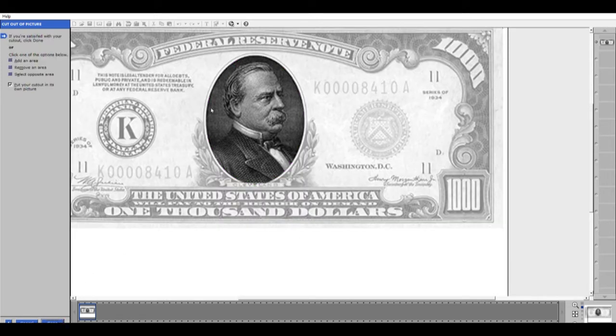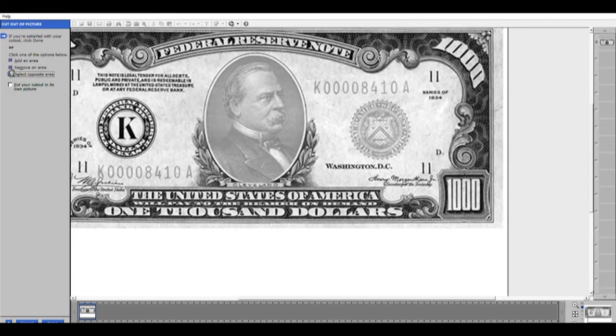And I think that circle, that oval will work perfectly. Now I'm going to go here where it says put your cutout in its own picture. I don't want it to go to another page. I want to keep it here. So I'm going to click to take that check mark out. Now whatever you're seeing boldly is what you're keeping, but I want to get rid of him and keep the background. So you're going to go right here to select opposite area, hit done,